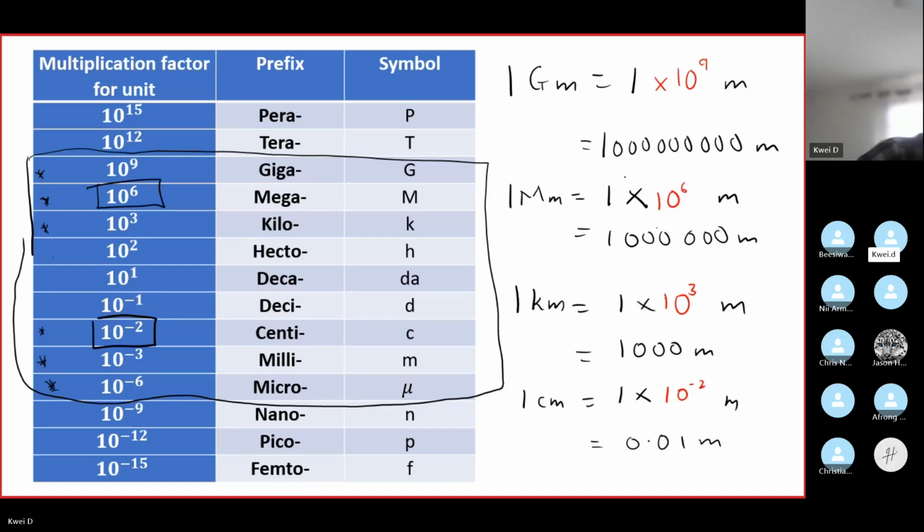So that's how to convert from the prefix to the base unit or basic unit. From a prefix to a basic unit, you just multiply by the multiplication factor of the prefix. So that's a very simple one. But what if you are moving from one prefix to the other? What you do is that after you change it to the basic unit, so all these are the basic units in basic terms,